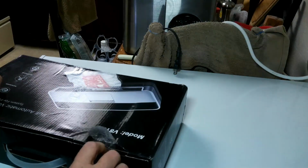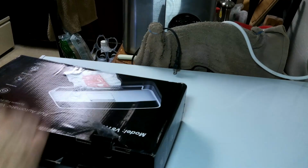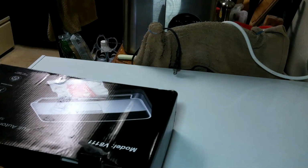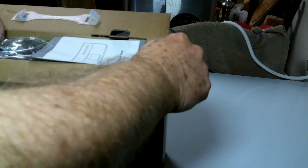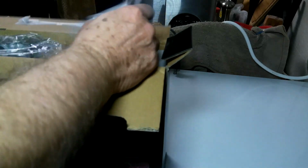Leave it to me. I started to undo this or open it from the bottom. I thought, no, I want to keep the box in case I have to send it back, or it's a nice box to put your thing in here. Anyway,